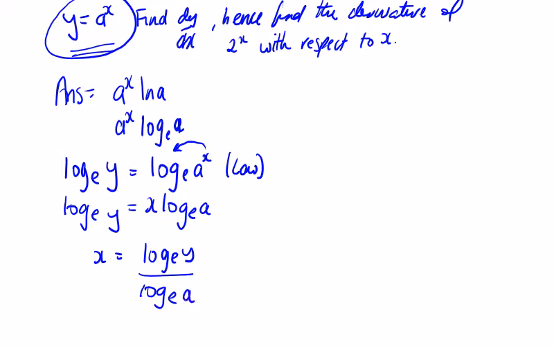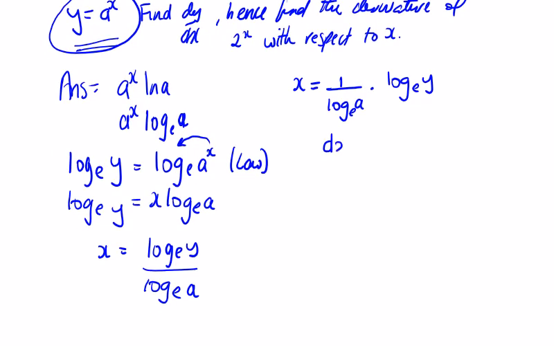So I can separate this into two parts. I can say that x is equal to 1 over the log of a to the base e times the log of y to the base e. And if I differentiate this with respect to y, I'm going to get dx/dy equal to,